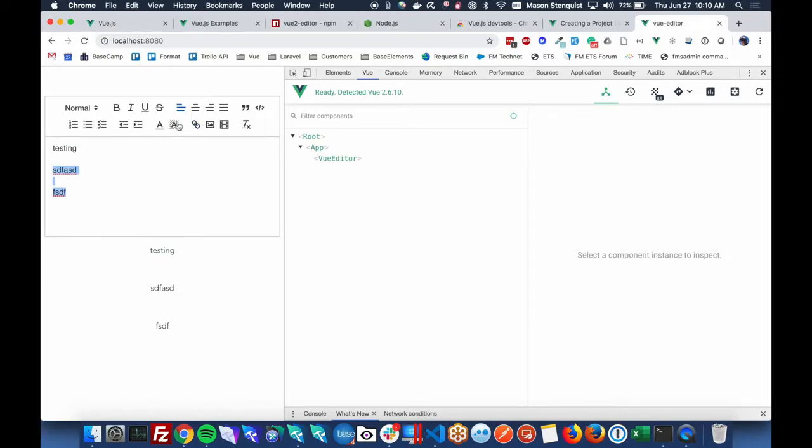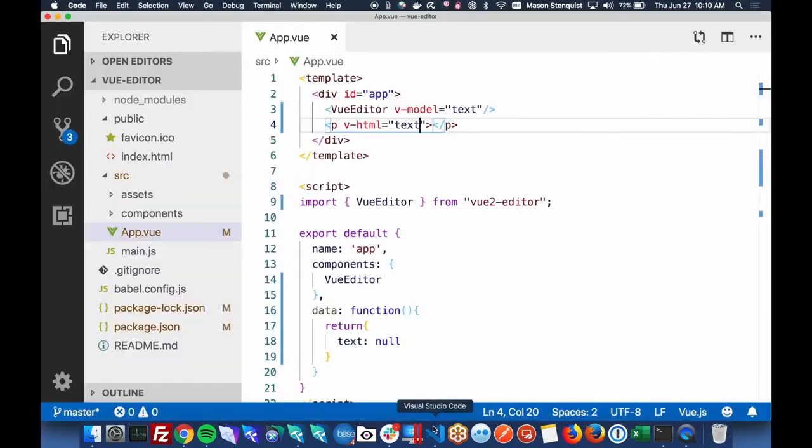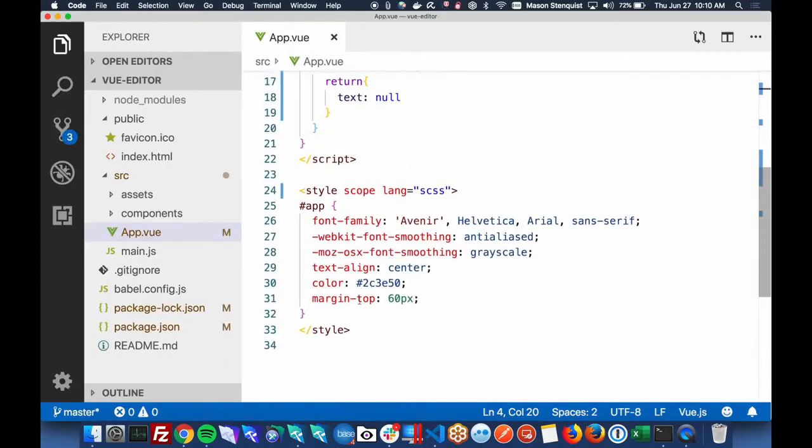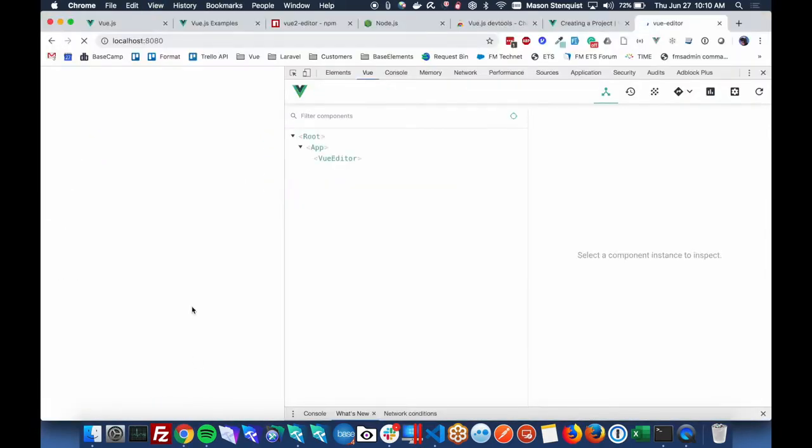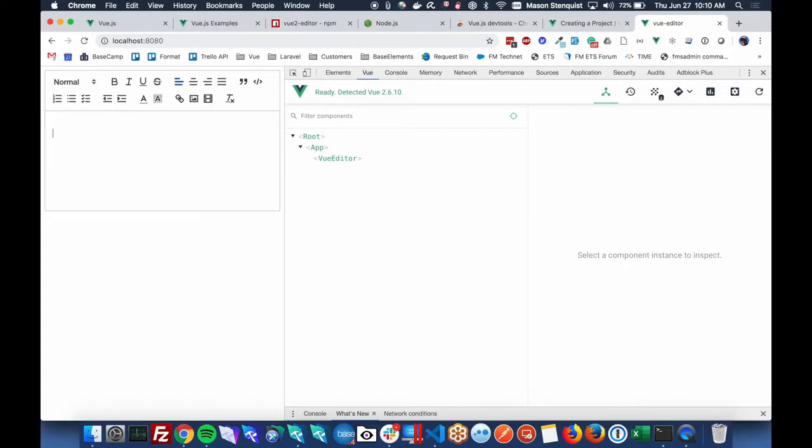And let's just make sure that's working. Yep. We have some CSS that's centering it for us. We'll just probably get rid of that. Don't need it. There we go.